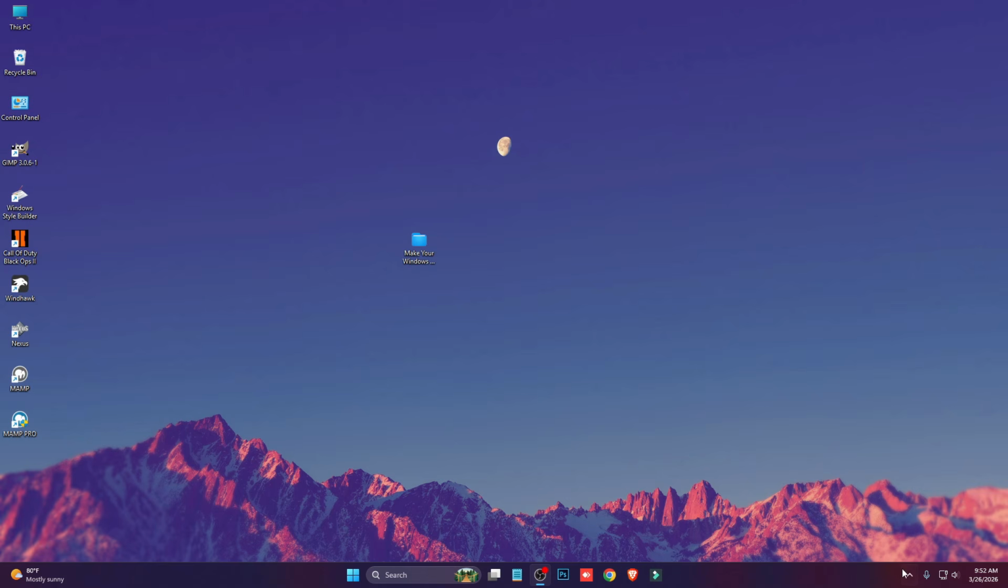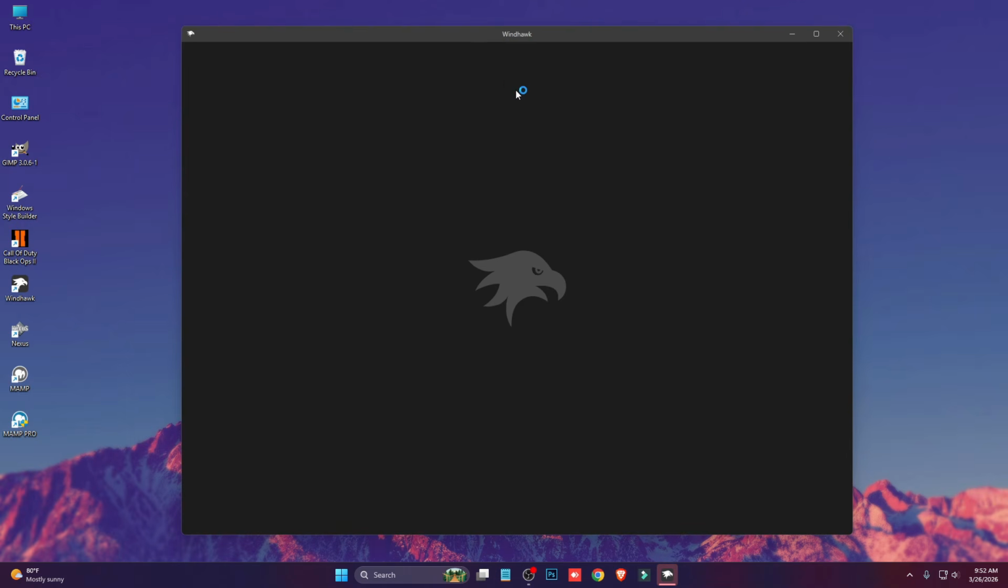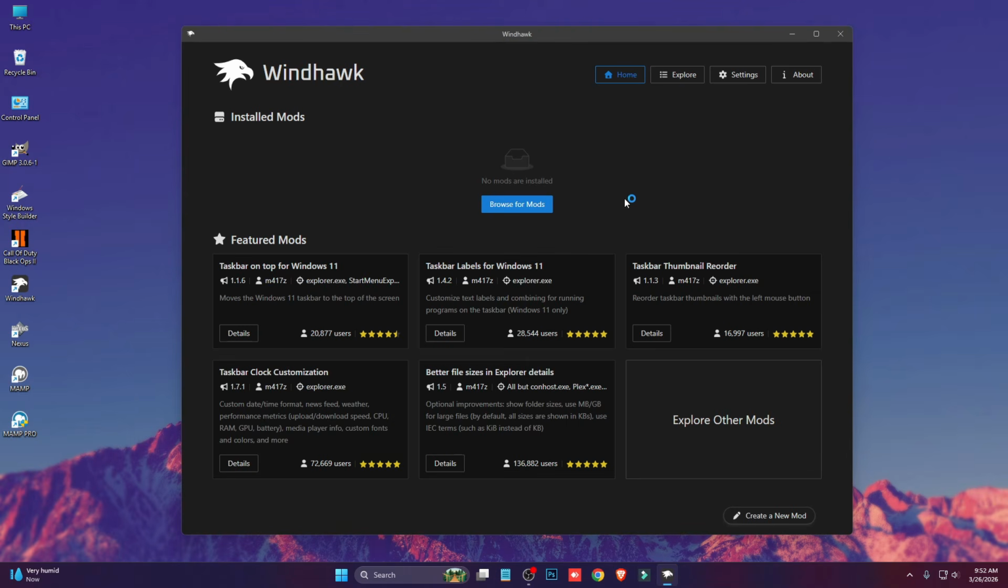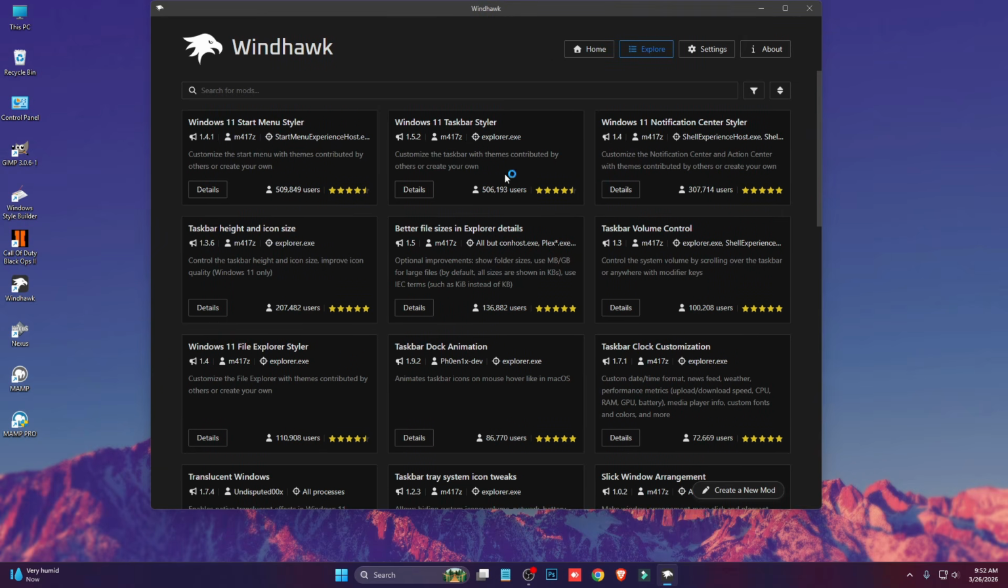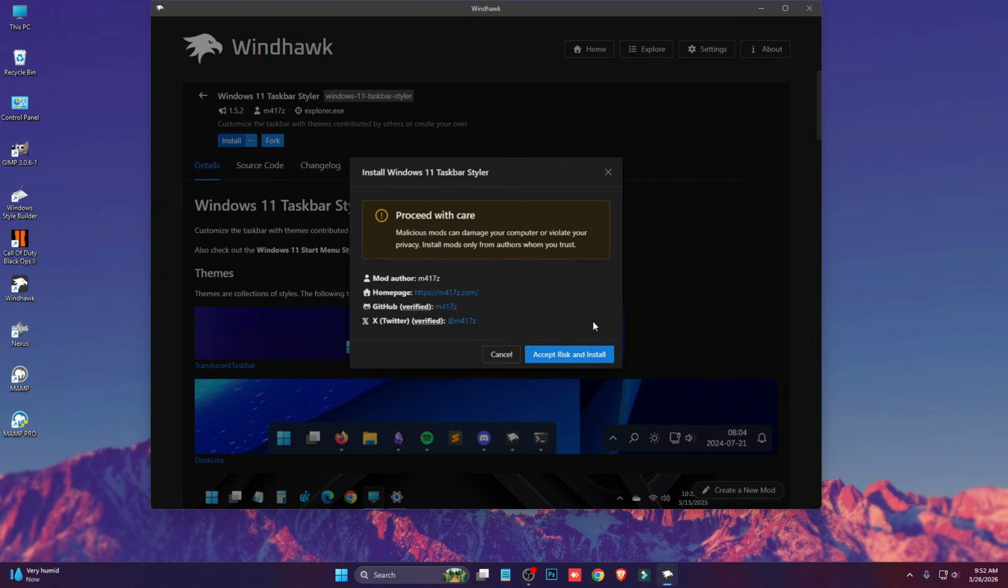First you have to download and install this software called Windows. Links are given in the description box. After installation you'll see an interface like this, and then click on browse for mods. First we're going to install Windows 11 Taskbar installer. Click on details and install it,